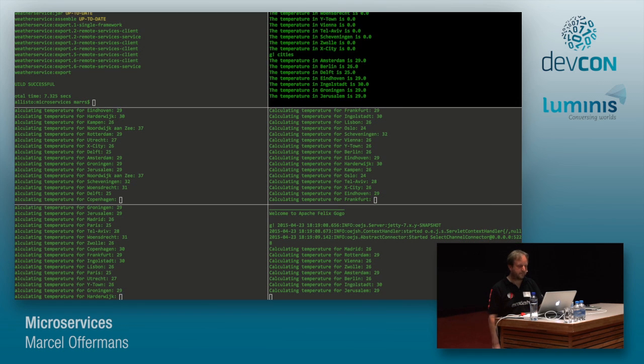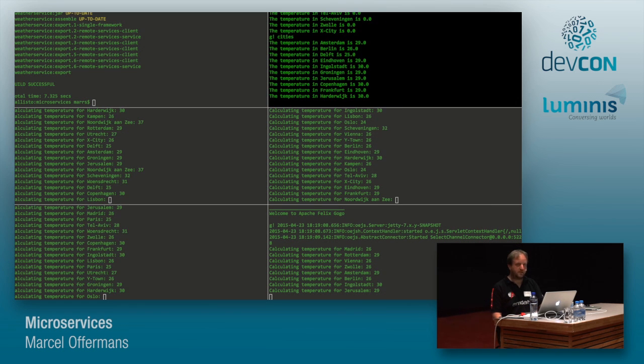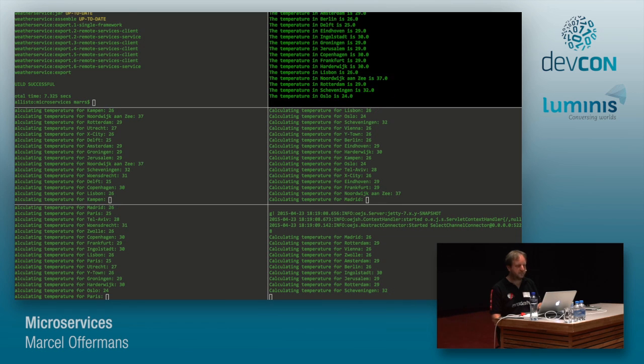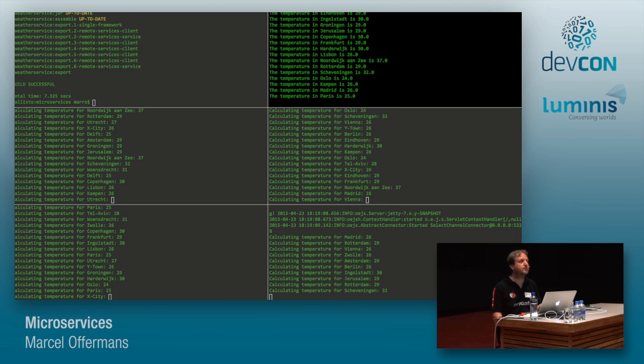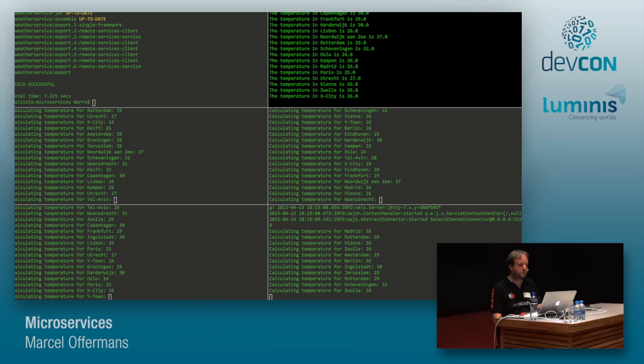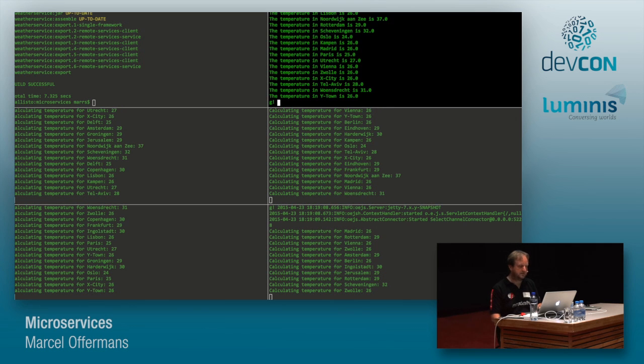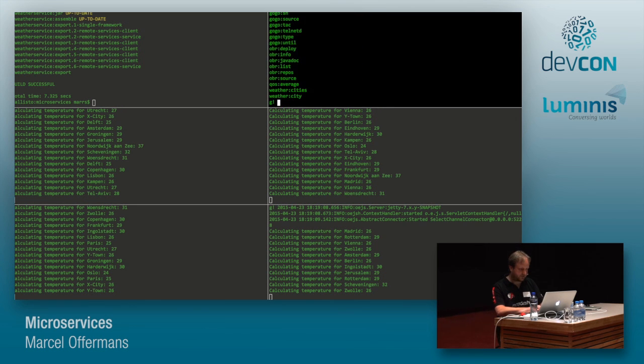And there it goes. You see it's invoking all the others again, and it's calculating how much time it spent in each method call. I can use the average command to get some feedback on that. But what I didn't yet do is make the load balancer actually take that information into account.